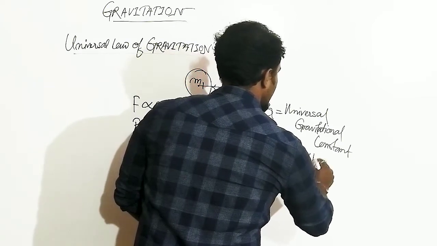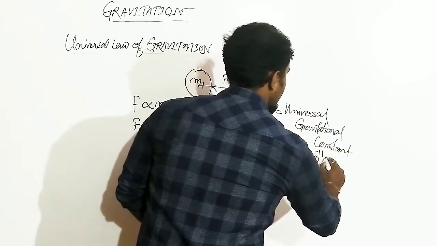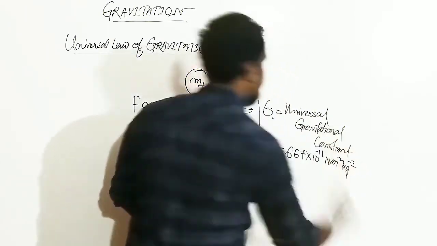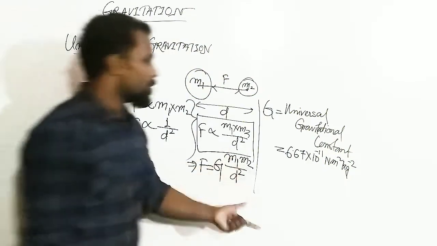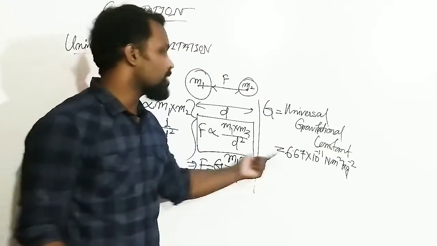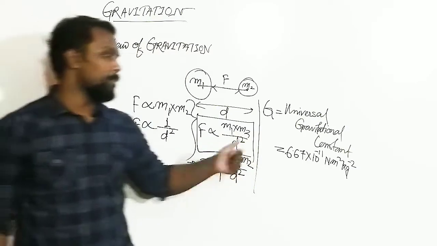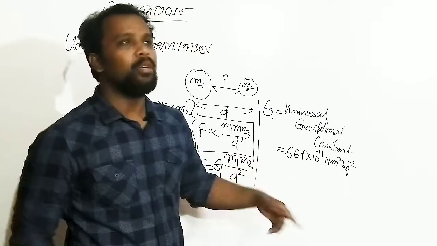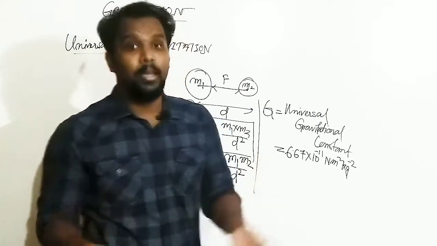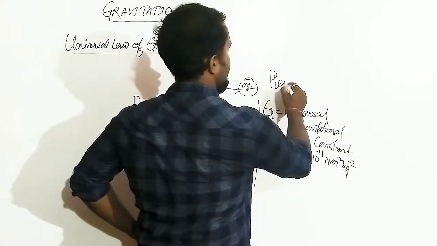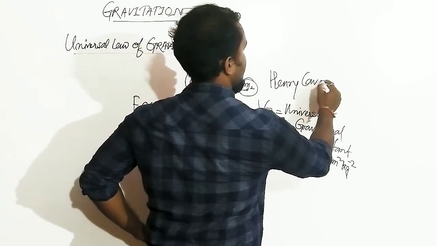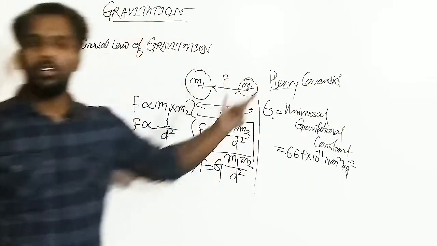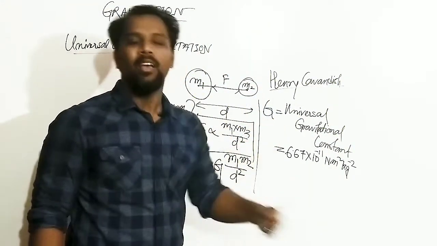6.67 into 10 to the power minus 11 Newton meter square per kg square. Quite a big value, right? Or it may be 6.673. You can also write it as 6.67 times 10 to the minus 11 Newton meter square per kg square. This value was calculated with a sensitive instrument, mainly by Henry Cavendish. This scientist, Henry Cavendish, first calculated the value of capital G using some kind of